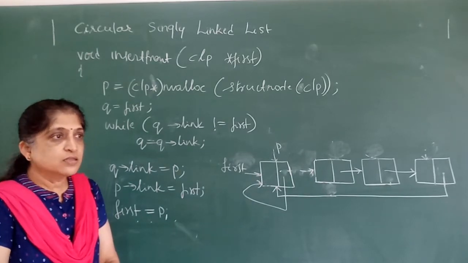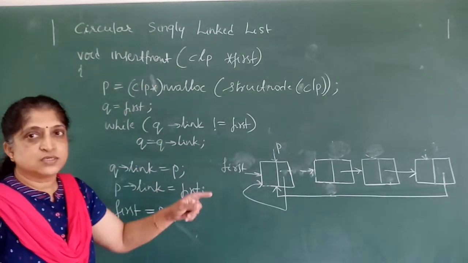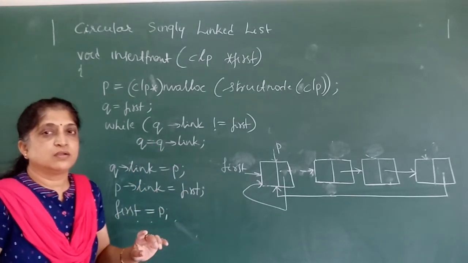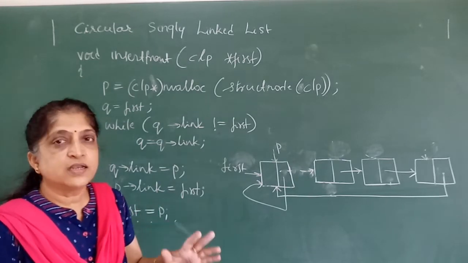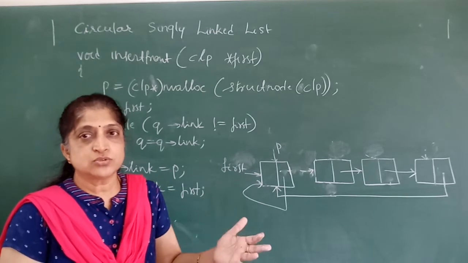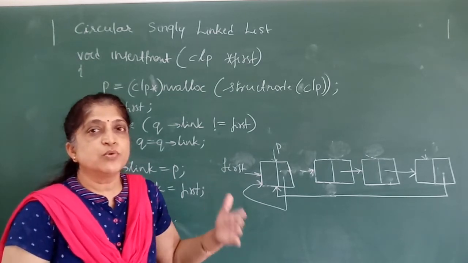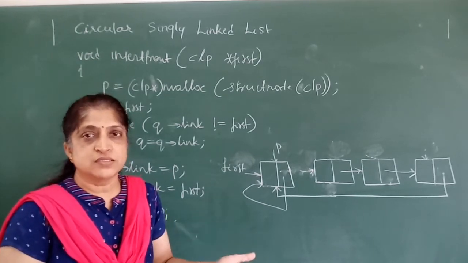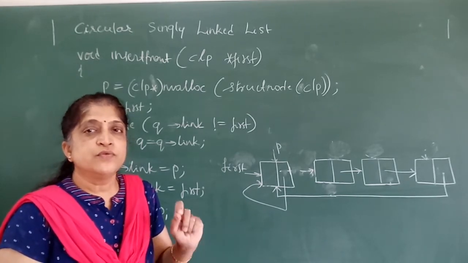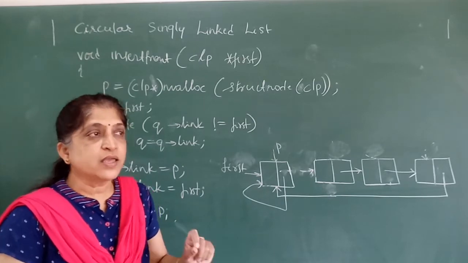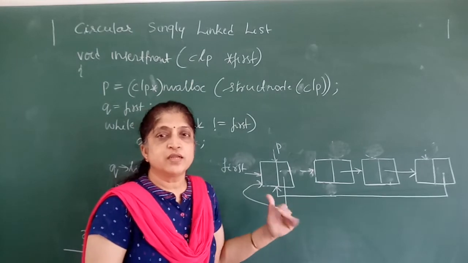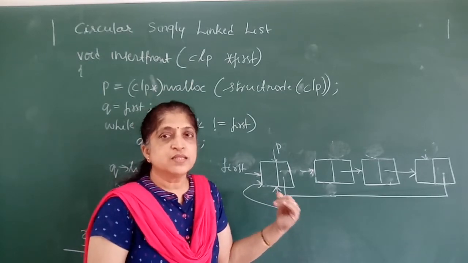I've been telling you that whether it is insert front or insert end, we had to traverse the whole list. Can we insert at the end and insert at the front without traversing the list? If we can do so, then we are improving the performance. That is, the time taken for insertion at the beginning and at the end will be very less. We can do that by maintaining the external pointer always to the last node instead of maintaining it to the first node. Let's see how.